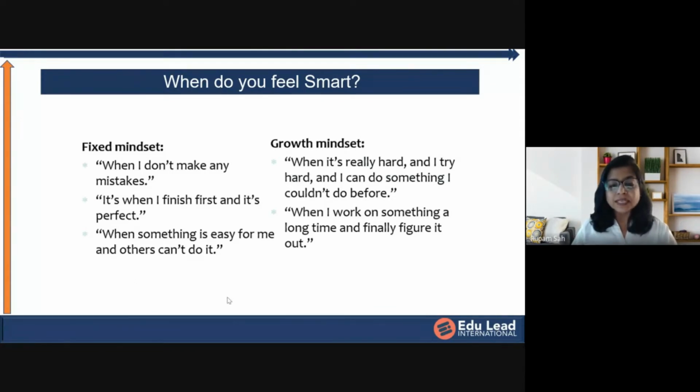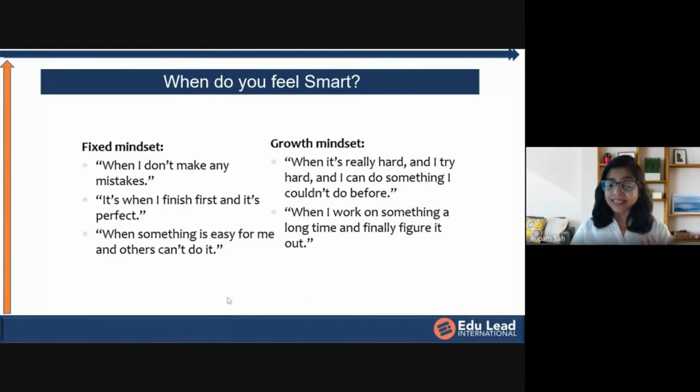When I work on something for a long time and I'm finally able to figure it out, I'll feel smart. So at this point, it's very important to see where you are in the mindset, and to some extent, if there is a fixed mindset, you have to root it out, which means what I'm asking you all to do